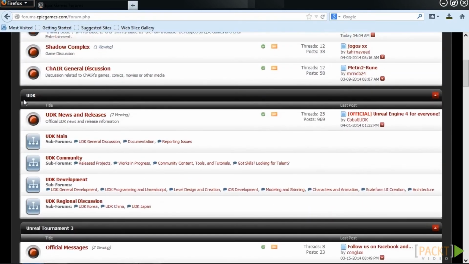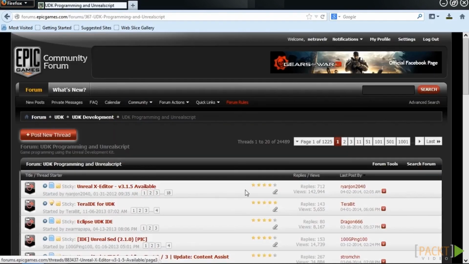They actually have an entire section here that has to do solely with UDK development, and a number of different subforums having to do with different aspects of creating, such as level design and creation and UDK programming. They also have an incredibly large backlog, over 1,000 pages of programming questions that have already been asked in the past. 99% of the time, the problem that you have has already been asked before and